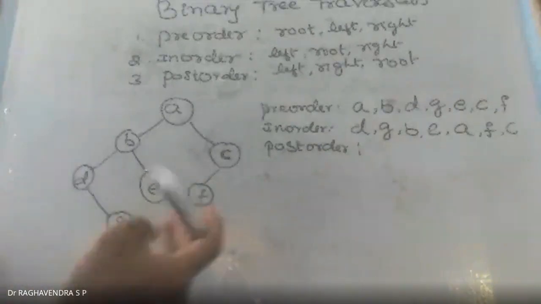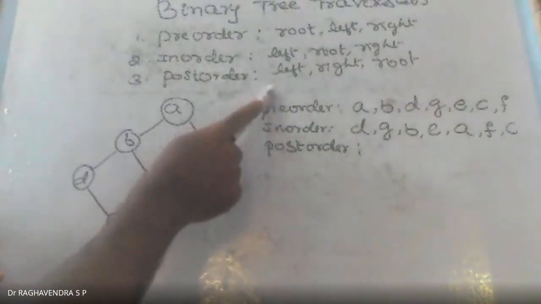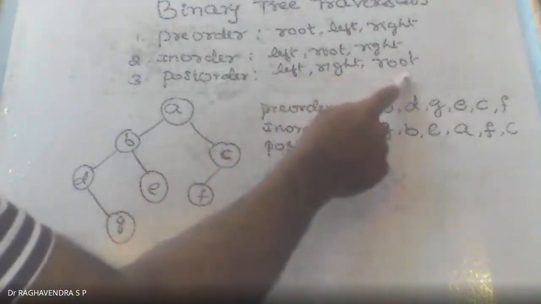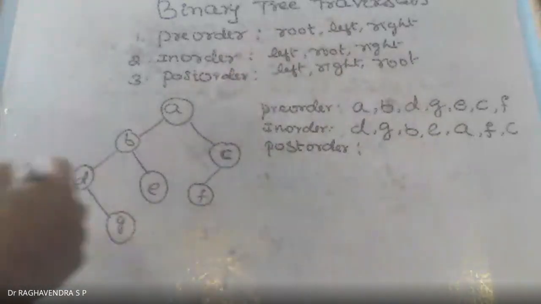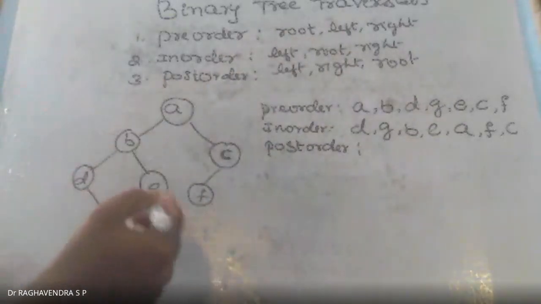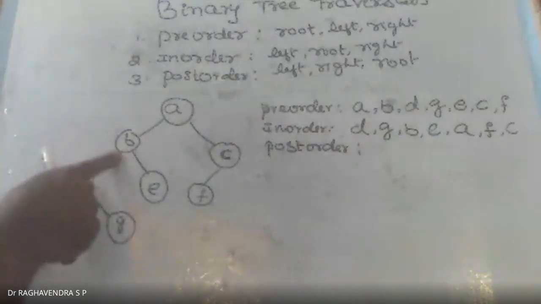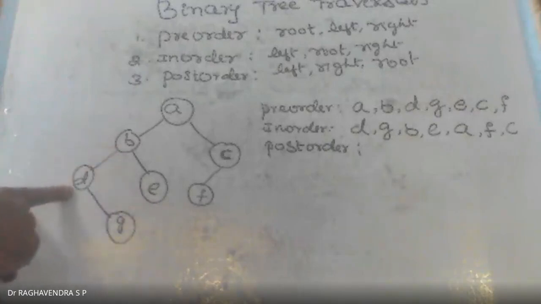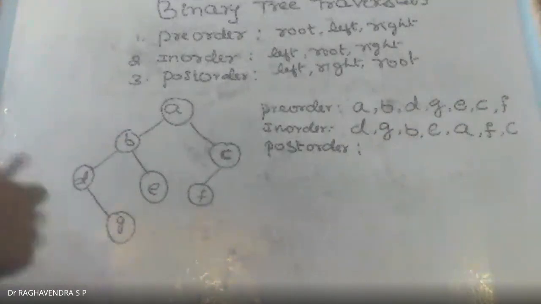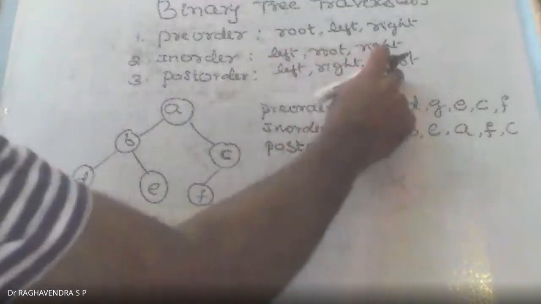Okay, fine. So next we shall go for the post-order traversal. In post-order traversal, we have once again left, right, and root. So left, then go to the right, then go to the root. If you come here, this will be taken as the root. This is taken as the left, but it is also a root for someone else. If you go here, once again it's a root. Then you come here, there is no left here, but we have right here. So right is G. After right, we shall go for root.